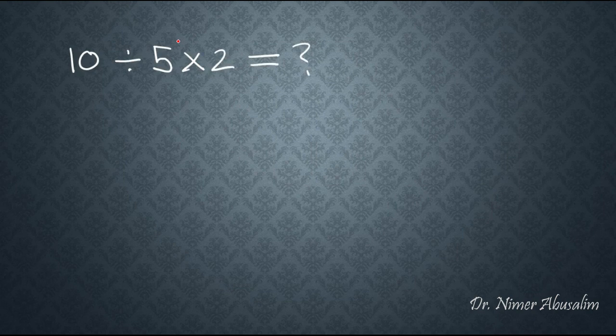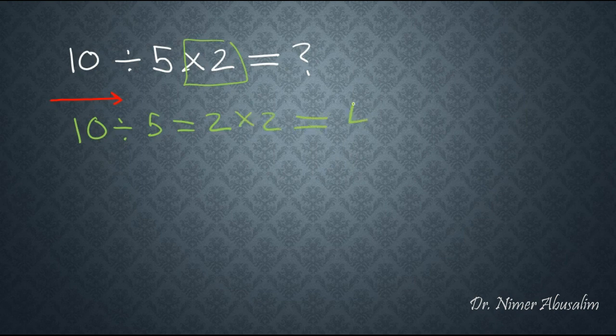Okay, let's take an example to see why we have to take into consideration how they are combined and not just randomly combine any word we have in a sentence. Take an example from math, okay? 10 divided by 5 times 2. What does this equal? Well, to know that, it depends on how we combine these things together. So let's start just by taking it this way. So let's see, 10 divided by 5 equals 2. And then we're going to add in the last part, times 2 equals 4.